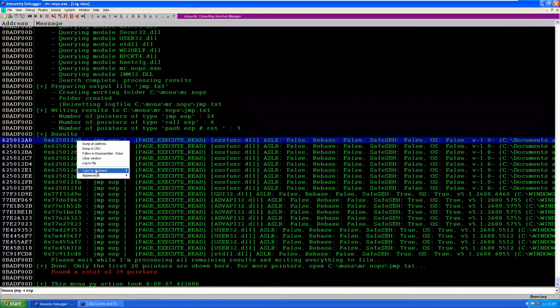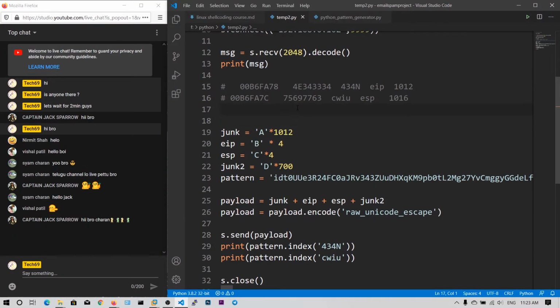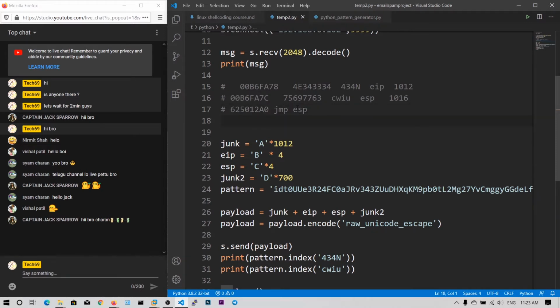Let's copy this first one, and now let's paste it into our Python script, and we say that jump esp. Now let's write that address in here, but in reverse byte order, because the contents will be stored in little-endian byte order, so we need to reverse these bytes, and after reversing, in little-endian byte order they will look exactly like this address.